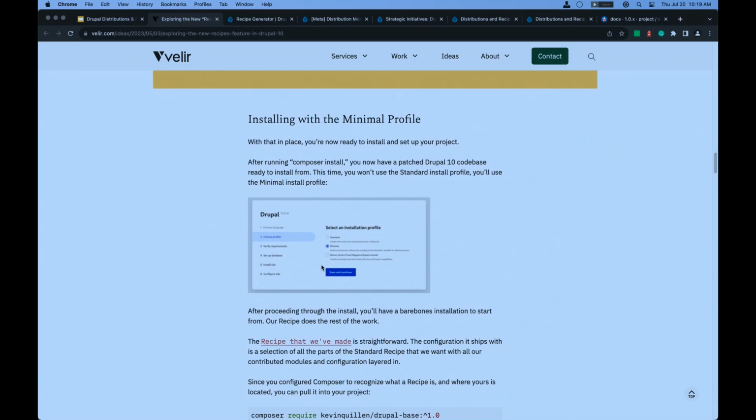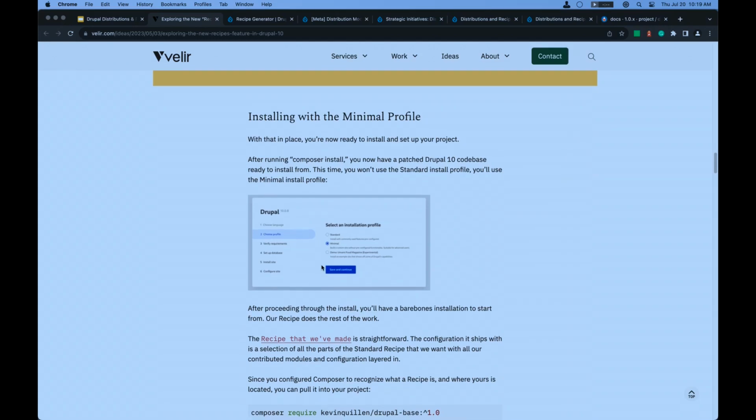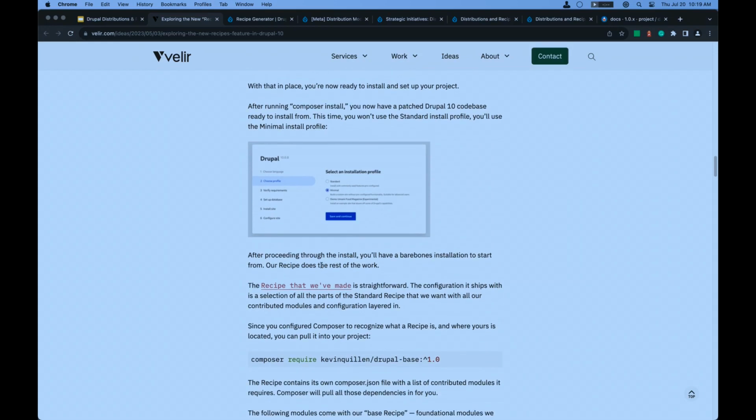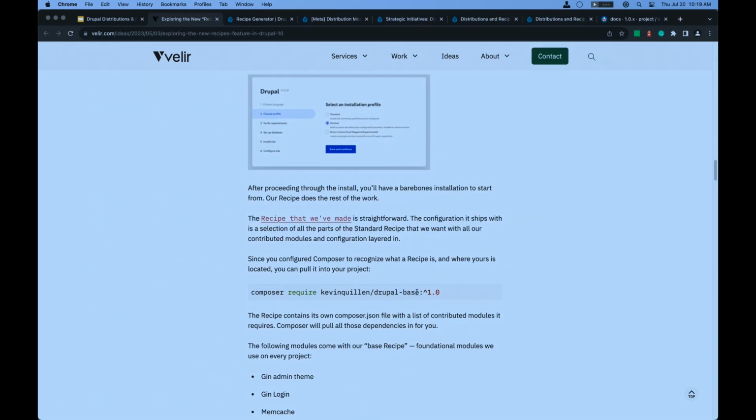You start your Drupal install, and we recommend using the minimal profile. The minimal profile has very minimal configuration. If you install Drupal with a standard profile, you get things like media and article and page content types and a few taxonomies. So we want to start with almost as little as we can so we can decide what goes into Drupal. So install Drupal, and then we are going to require